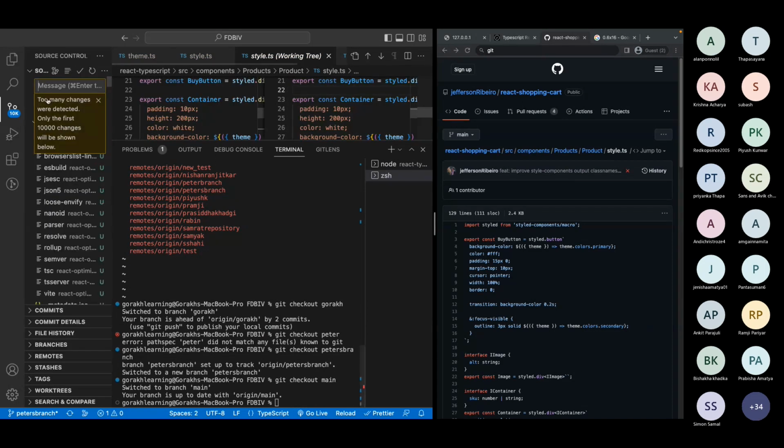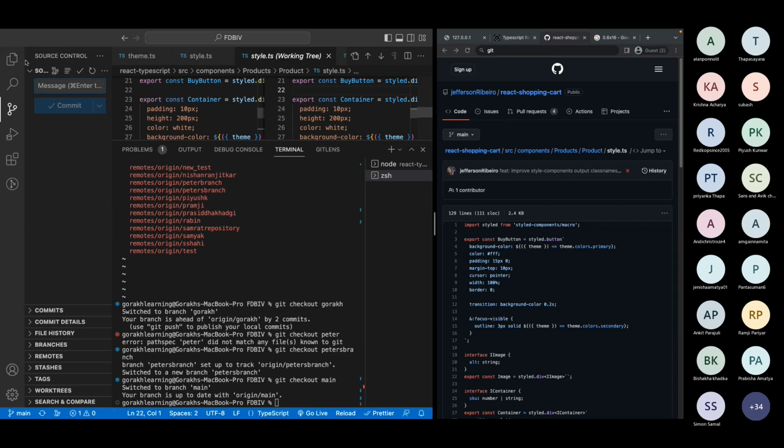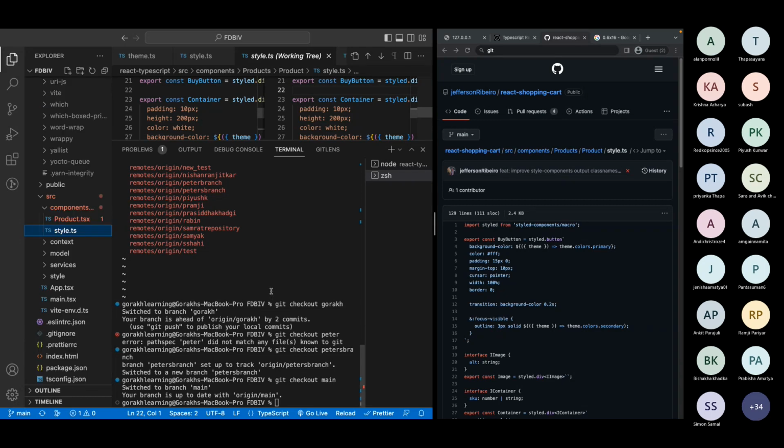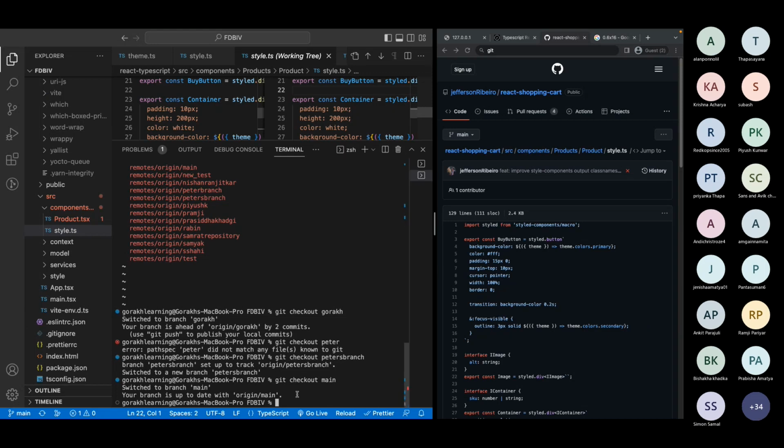Right, so changes will go away from here once I'm going into main branch. Once again, what I can do is, if I wish to create another branch, so this is about going into your existing branch, right? If you want to create your own branch, like